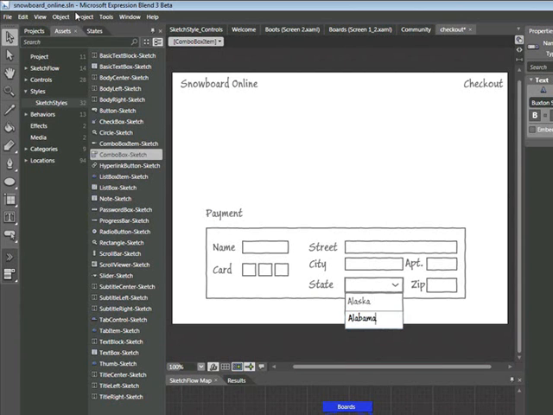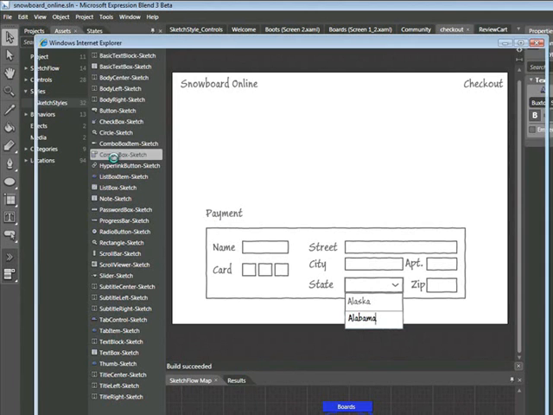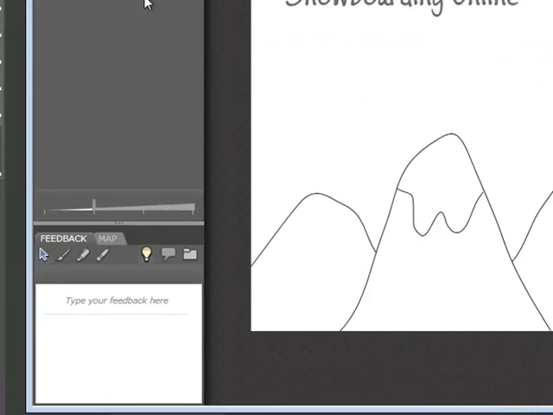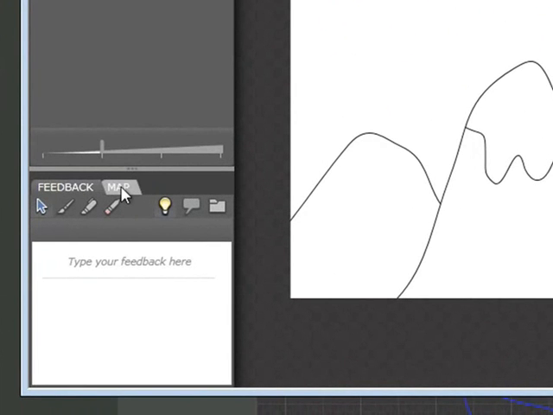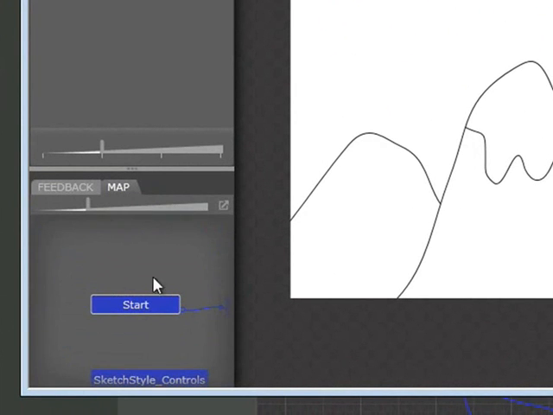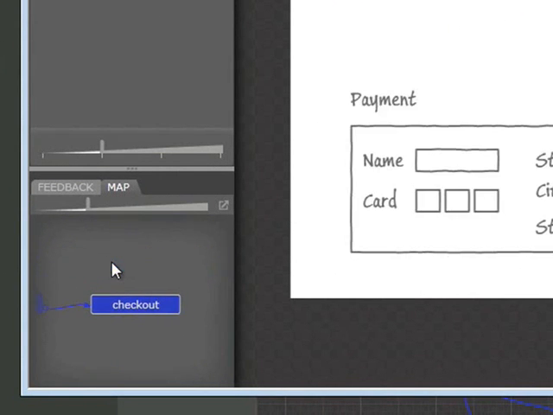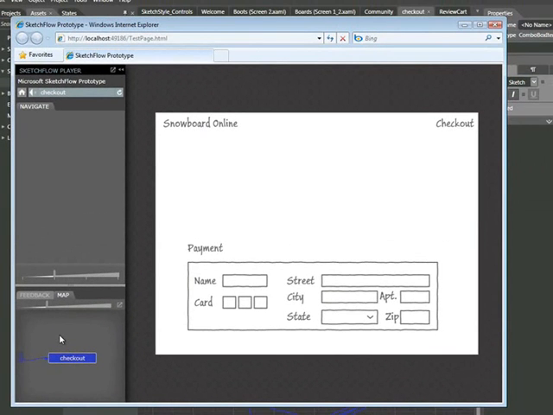Now let's go ahead and choose Project, Run Project, and let's see how our list box appears within our screen. The fastest way to get to our checkout page is to click on the map down in the lower left-hand corner. Click and drag. Locate that checkout screen and double-click. So here we can see our payment form. If we click on that state menu, we should see the 2 states that we added, Alaska and Alabama,